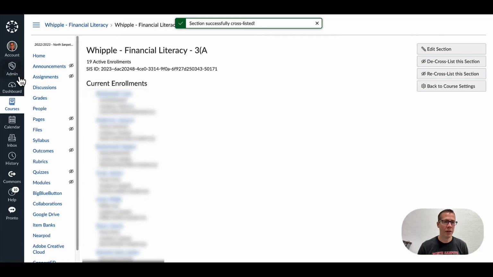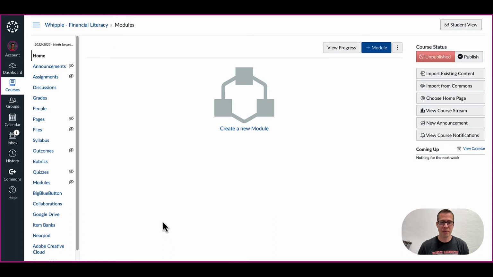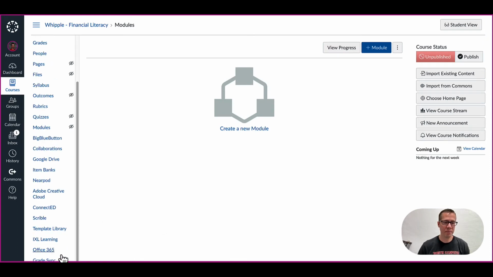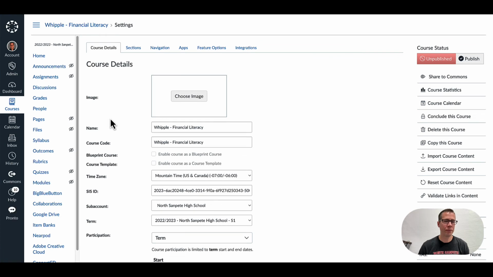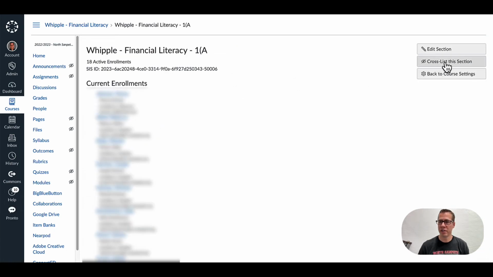Okay, then I go back to my dashboard again. Now that I'm back in the course, I see that I only have 2 financial literacy classes left, and this one is the 10447. So I want to go into the other financial literacy class, go down to settings, all the way at the bottom, click on sections. I can see this is my course, so I click on that, cross list,